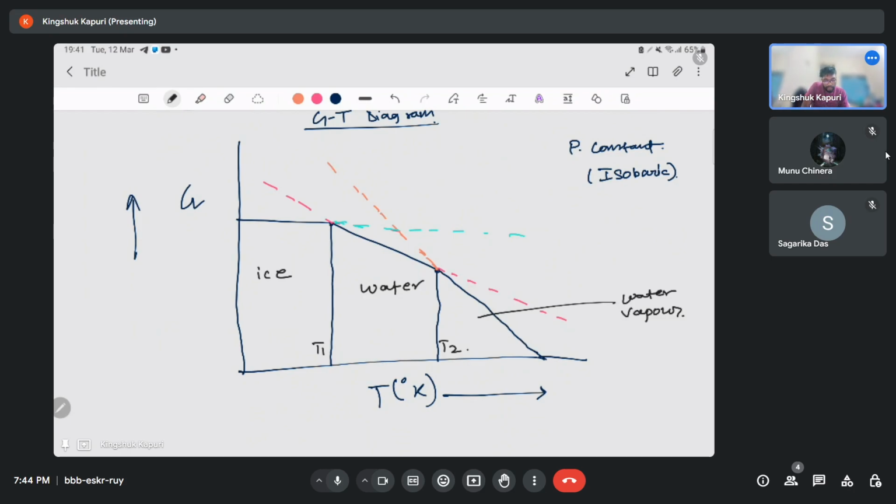Here the steepest slope is seen by the water vapor, because the entropy of the vapor is highest, we